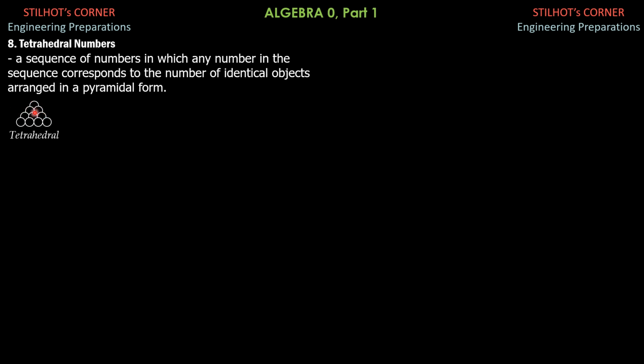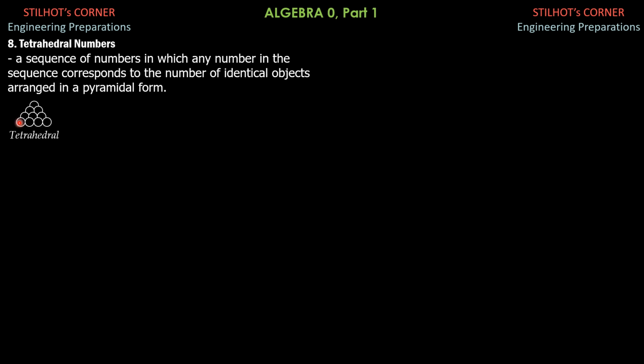So the 3 objects will be over 6 identical objects. The 6 objects will be over the next triangular number, 10. So over these 10 identical objects will be the next triangular number, 15. Therefore it begins with 1, and because the next layer consists of 3 identical objects, 1 plus 3 is 4, so 1, 4. Then next is 6, 4 plus 6 is 10. So the next tetrahedral number is 10.